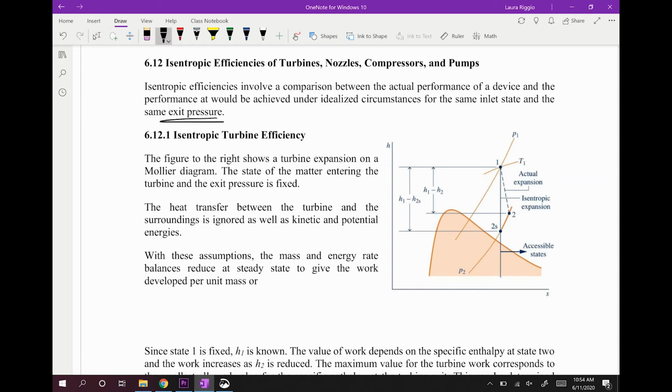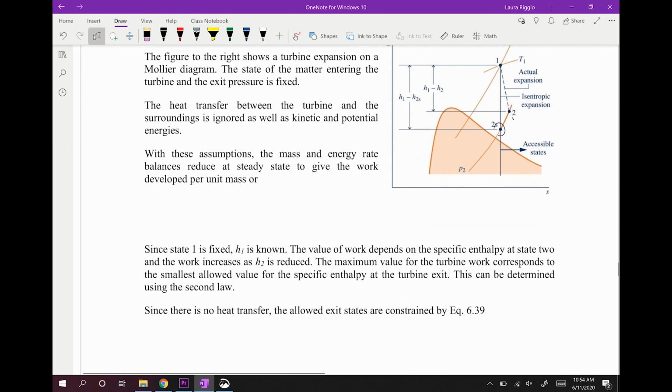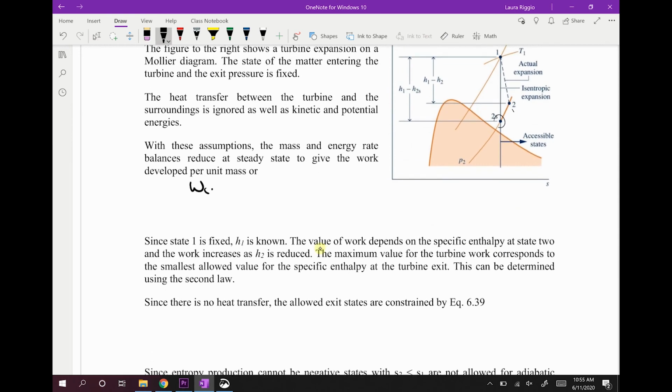turbine expansion process on an h-s diagram, for state 2, what we're saying is we have a fixed pressure where we have the actual expansion at state 2 and the isentropic expansion at state 2s, which is at an expansion of constant entropy. Heat transfer between the turbine and the surroundings is ignored, as well as kinetic and potential energies. So with these assumptions, our mass and energy rate balances reduce at steady state to give the work developed per unit mass as our work